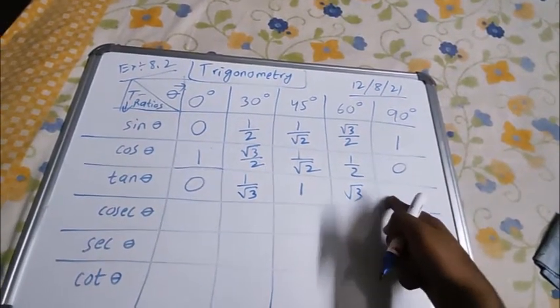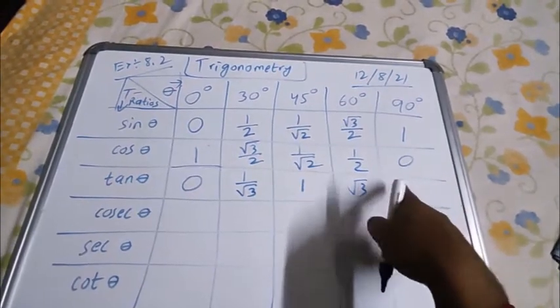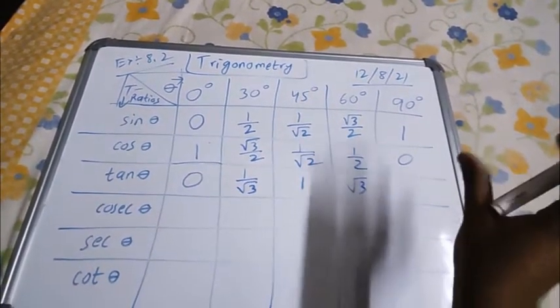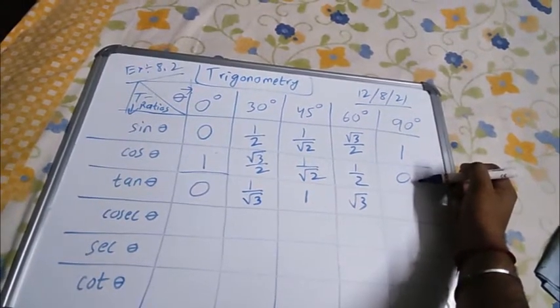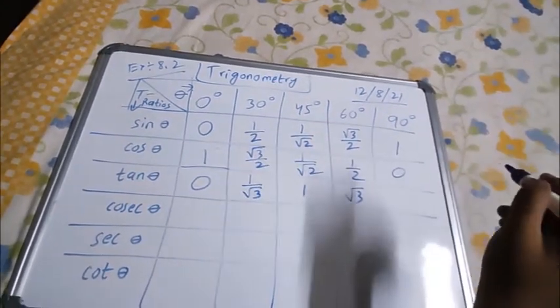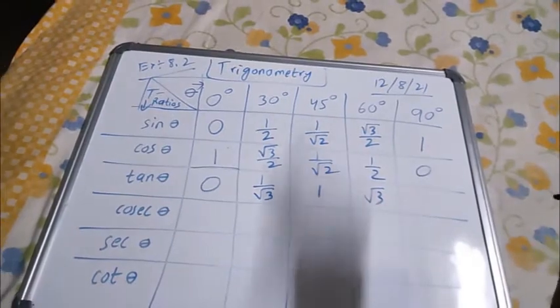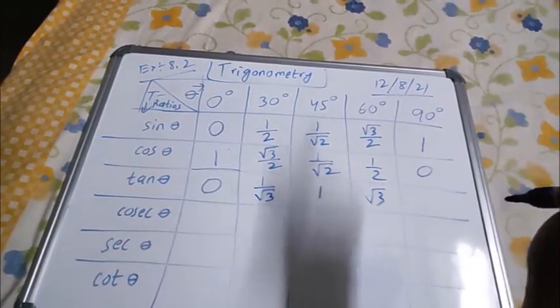Now there is a very important step over here. This one you are going to have a hard time understanding. Sin theta is 1, cos theta is 0, tan theta should be 1 by 0. Now every one of you will say 1 by 0 is actually 0, but no, 1 by 0 is not 0.